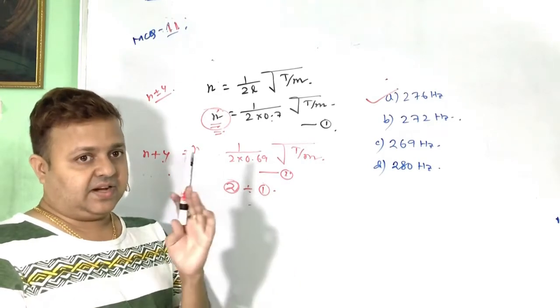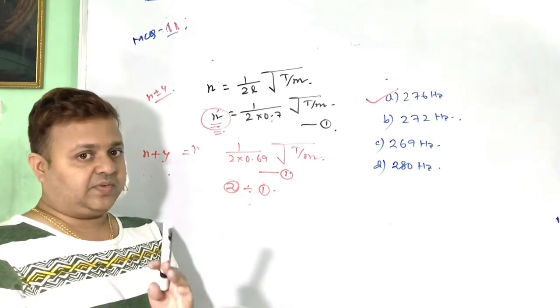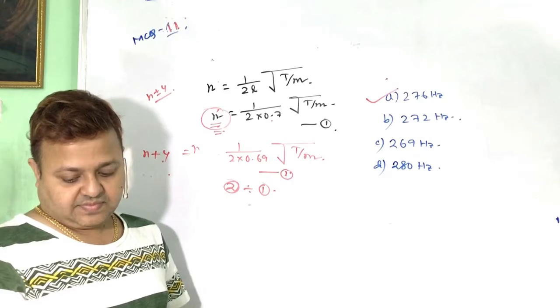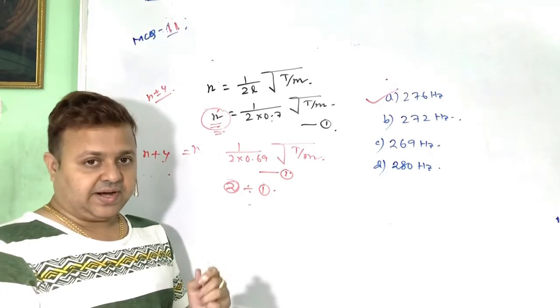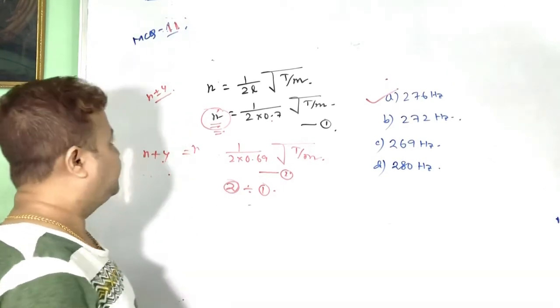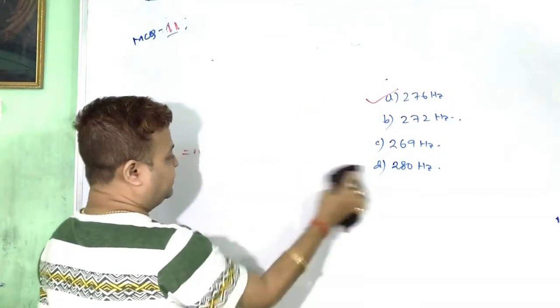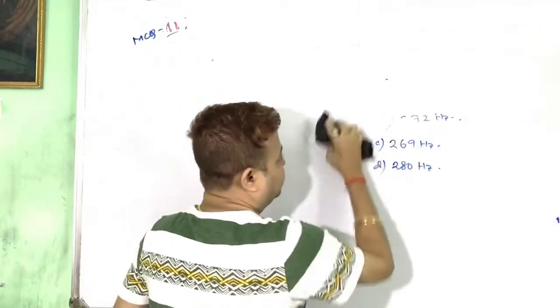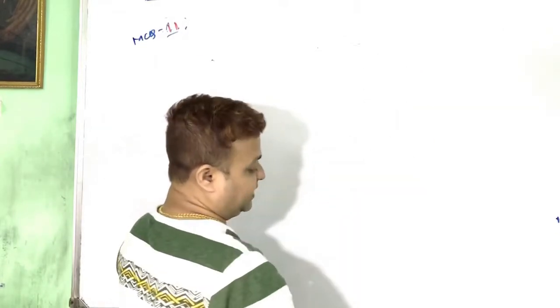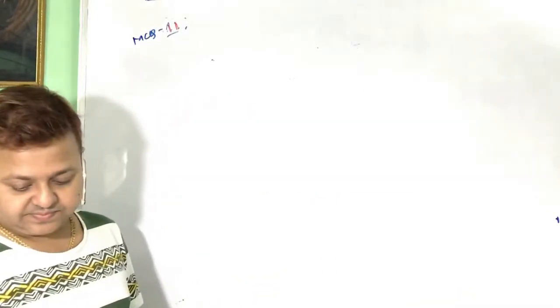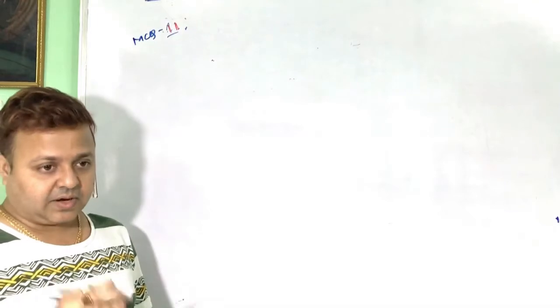That is, the fundamental frequency of both the two sonometer wires are the same. When the tension of one wire is increased by 1%, and they are sounding together,